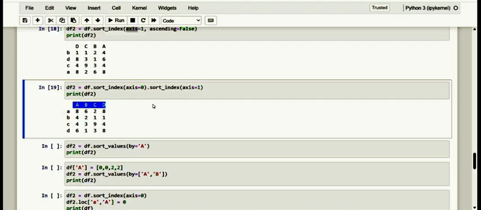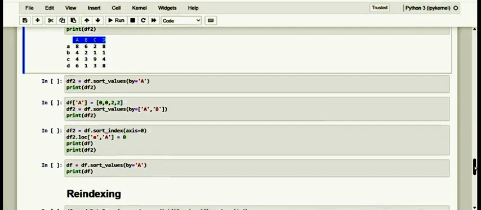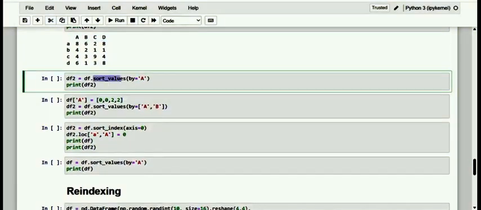Now next it is all about sorting by values. Dear friends, another way to sort a data frame is to sort the row or column according to their contained value. Sorting by value is done by the function sort_values.